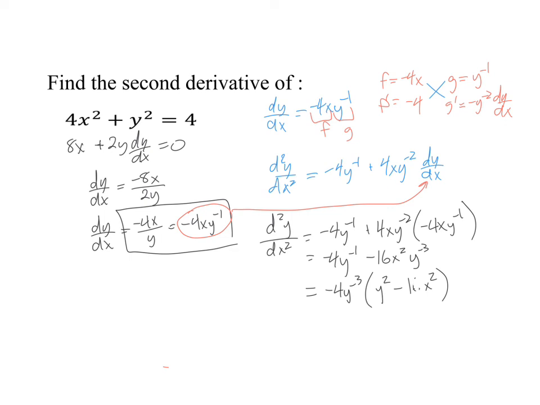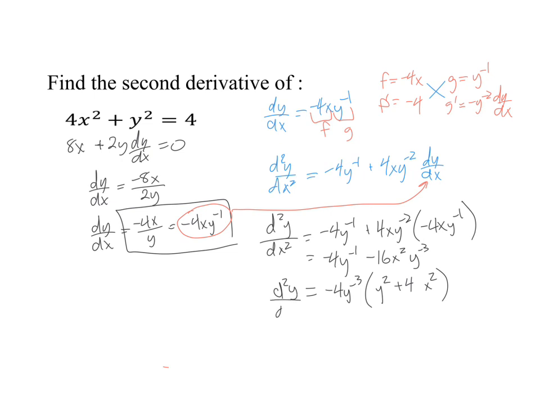So first thing I messed up on is when we divide -4, we got y squared. We divide it from -16, that would give us +4. So -16 divided by -4 would be +4. The x squared would stay. The y cubed cancels. So you can see that's a little bit of a nicer version, but there's actually one